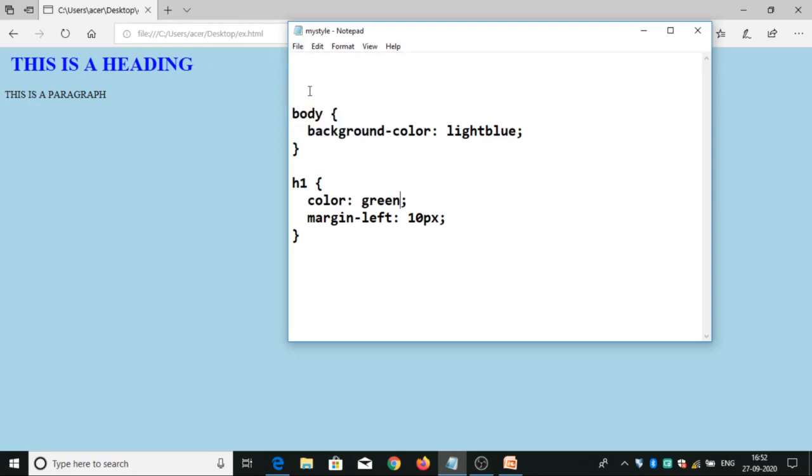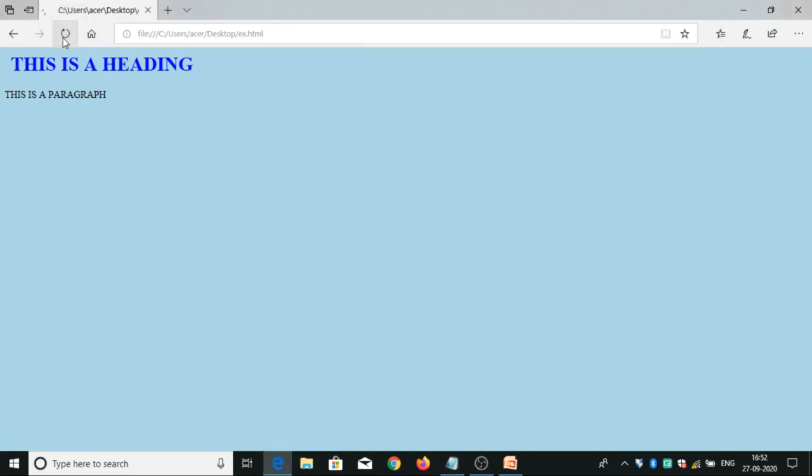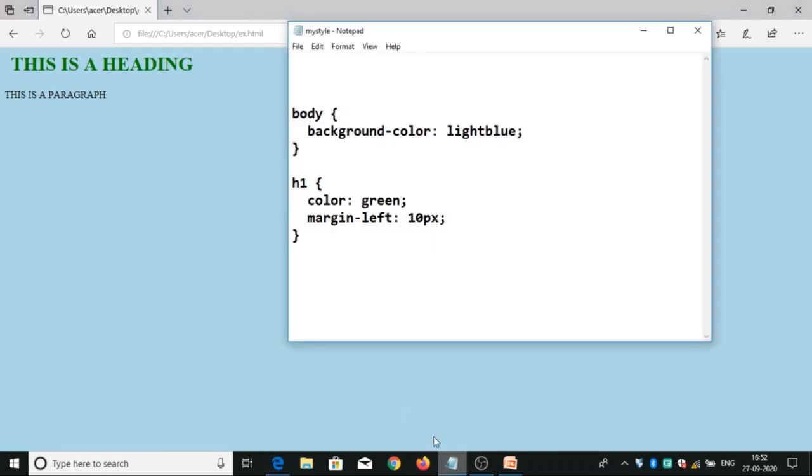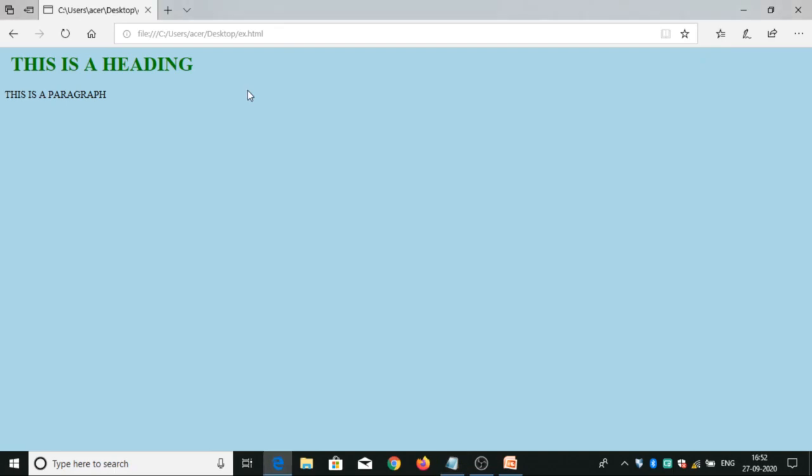By changing the style here, we can see that this is an external style sheet. We have written the file in mystyle.css and we are using that file in our HTML web page with the link tag by using the href attribute.